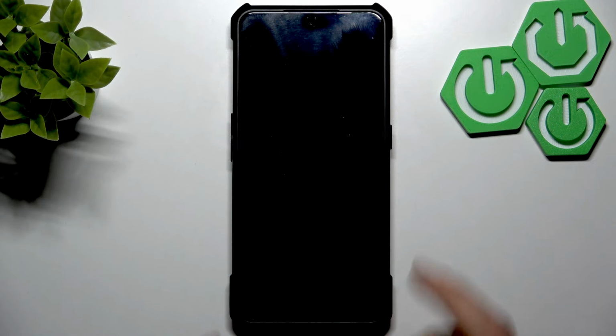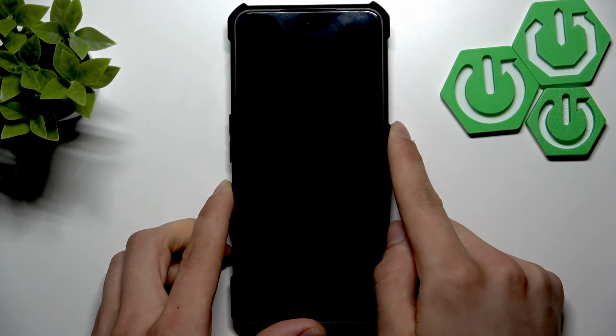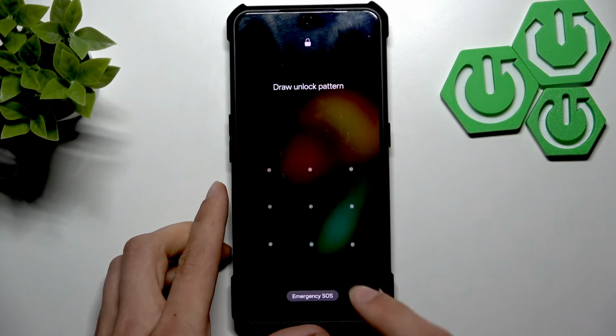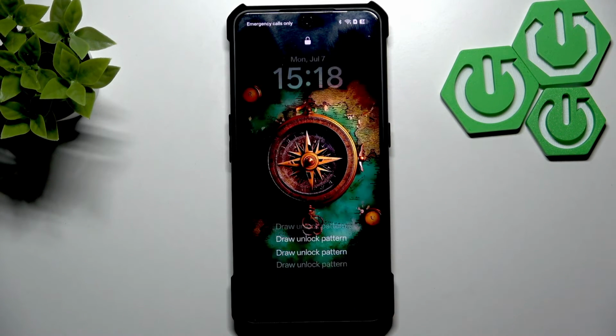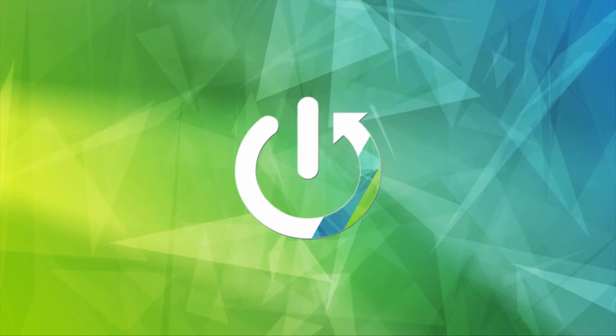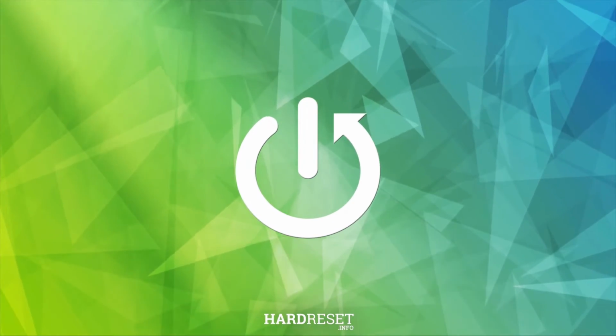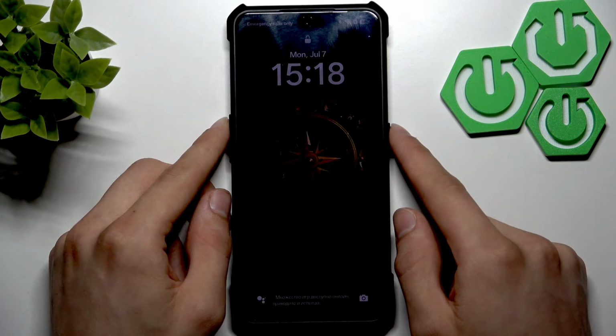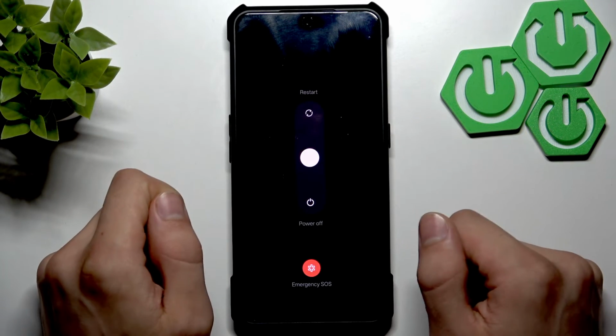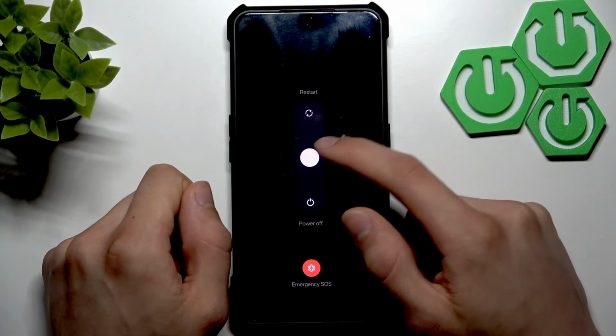Welcome, in front of me is REALME GT3, and in this video I will show you what to do if you can't get the right unlock pattern to access your device. So first of all, if your device is lagging, you may consider restarting it by holding down the power key